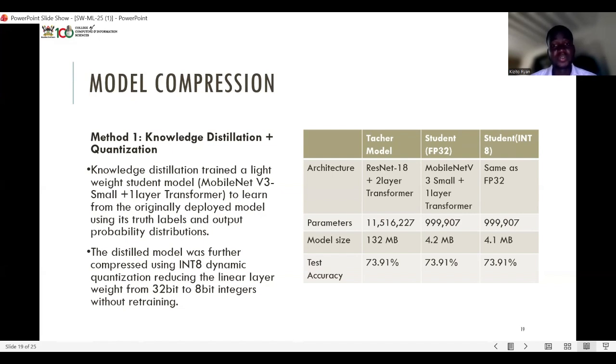Through this, we were able to reduce the model size from 132 megabytes to 4.2 megabytes as a student model, which was then further reduced to 4.1 megabytes after quantization. The test accuracy remained about the same.